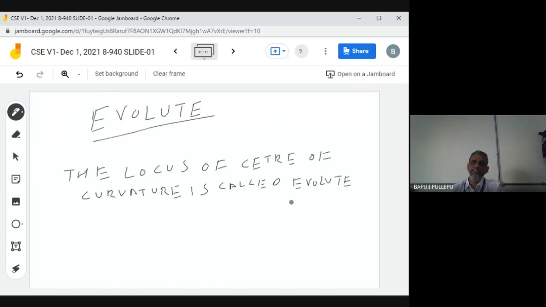Now you see, actually, what is the locus of center of curvature? What is the meaning of locus, already done in your plus one level? Locus means what? Path. Very good, excellent, it is a path actually. Now locus of center of curvature means what? For one point you will get one center, correct? At 1 comma 1, one center, 1 comma 2, one center, 1 comma 0, one center. If you join all centers, one path you will get, that is called evolute. Correct or not?